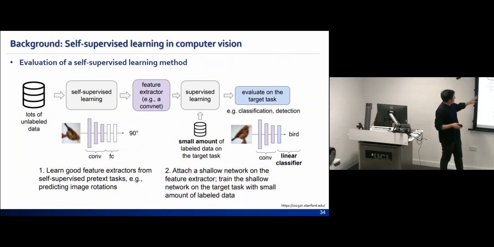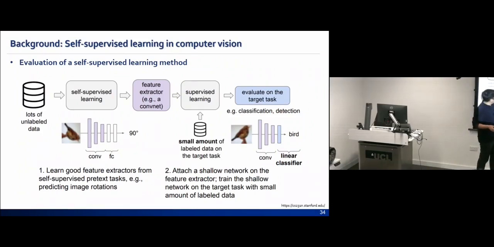Then first we can use this large amount of unlabeled data to perform self-supervised learning of a deep learning model. Here we perform the rotation prediction task, which is actually not that relevant to classification or detection tasks, right? But by doing this one, then we can